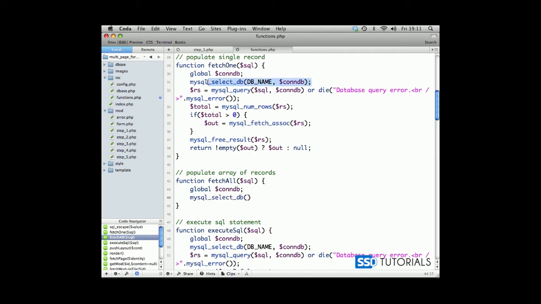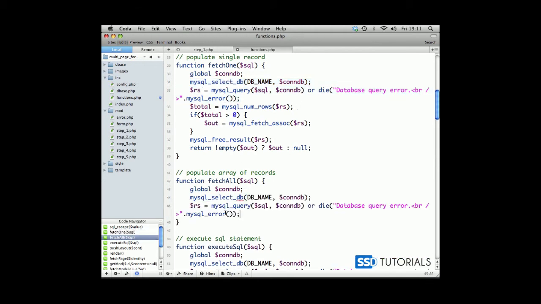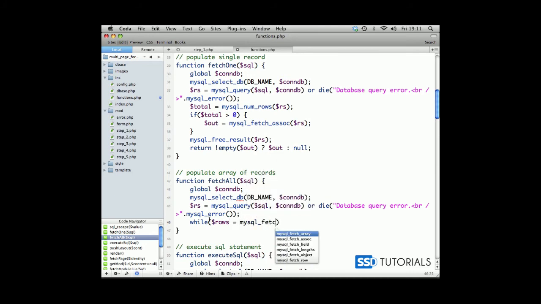Actually, why don't we just copy this here together with this rs as well, which is the record set. And after this, we type while rows equals mysql fetch assoc rs,